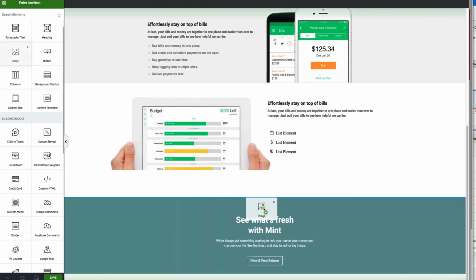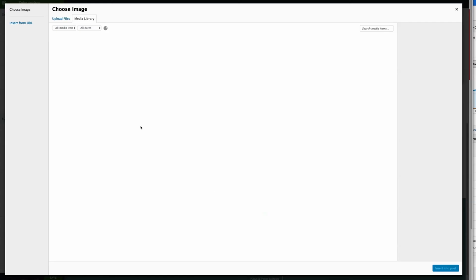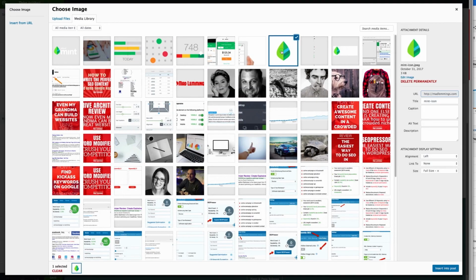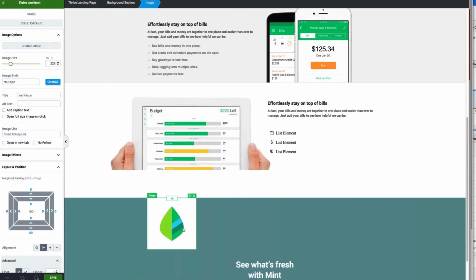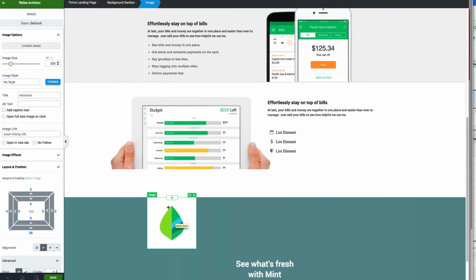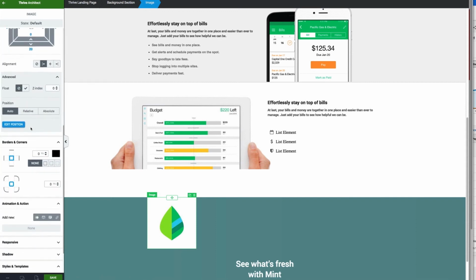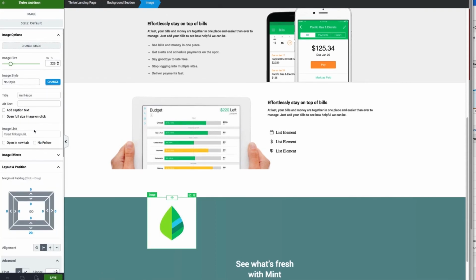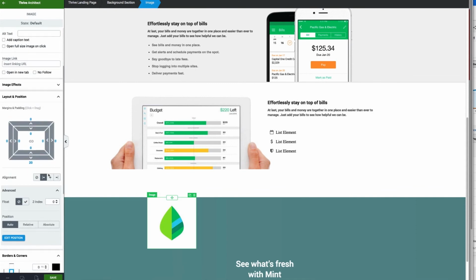Let's take our image and put it at the top, and then we want our little minty guy, and that's actually the incorrect one. I made a JPEG instead of a PNG. That should have a transparent background, but I've screwed it up. Apologies, I saved it as the wrong format when I was preparing for this video, but you'll get the idea. We basically want to center that image,